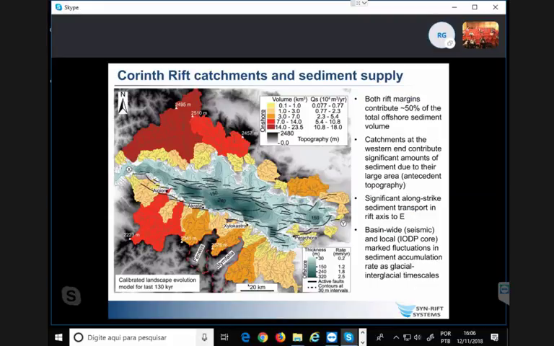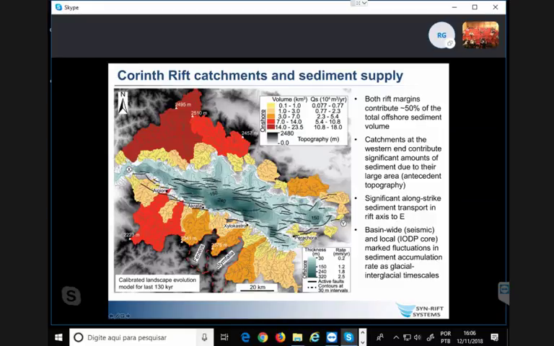I mentioned that the catchments are still there today, so you can do quite a lot of work looking at the sediment erosion and sediment flux into the rift. So this is a map based on forward modelling the last 300,000 years of drainage and sediment supply. The warm colours are high sediment flux into the rift from the catchments, going down to yellow, which are lower sediment supply from catchments, and the darker green colours are the thickness of the sediment during that